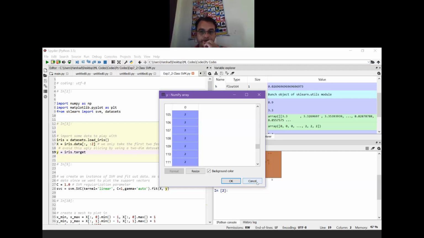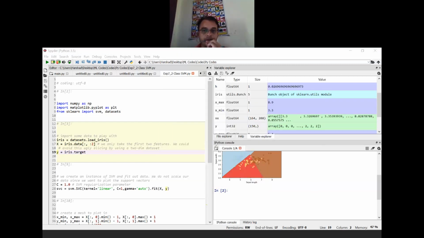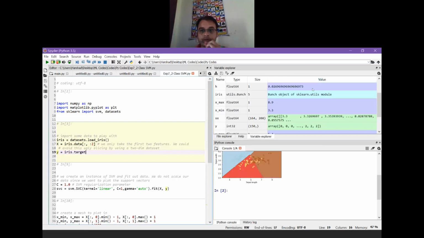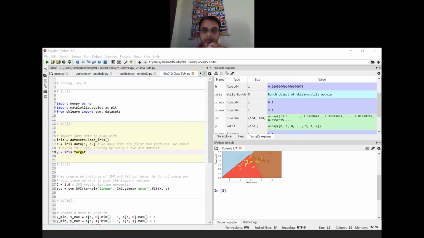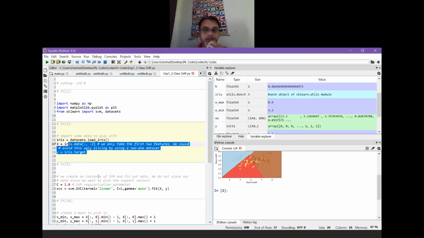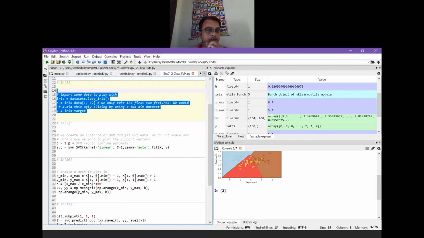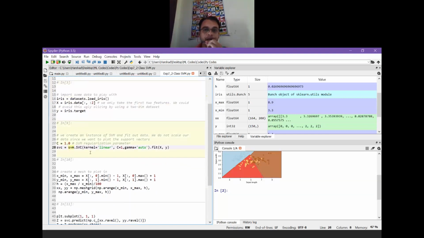Okay, perfect. Now, once you go through these three lines, we switch to the next level to set the parameters of SVM. In the parameterization of SVM, we have already discussed the different parts.